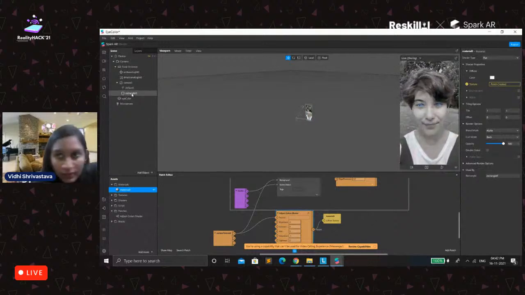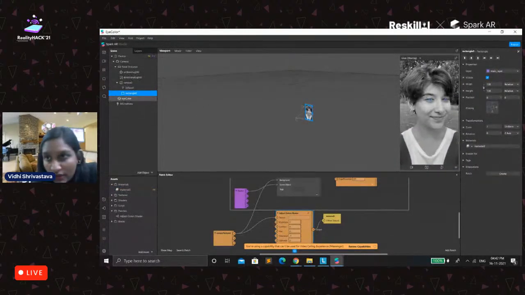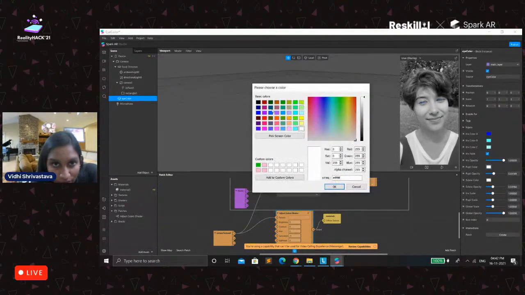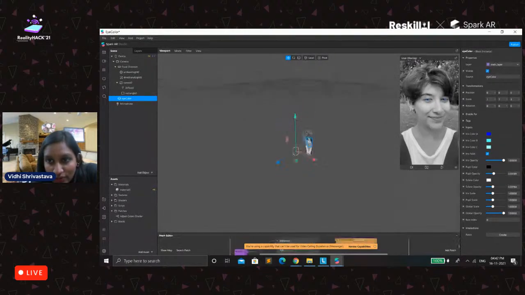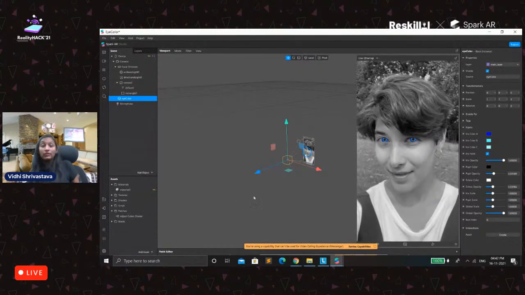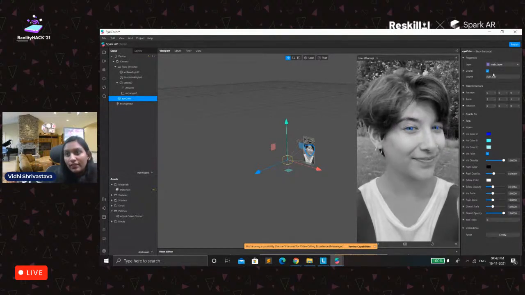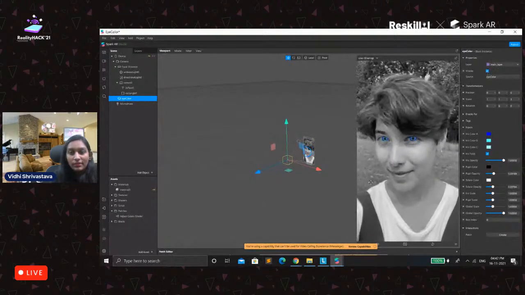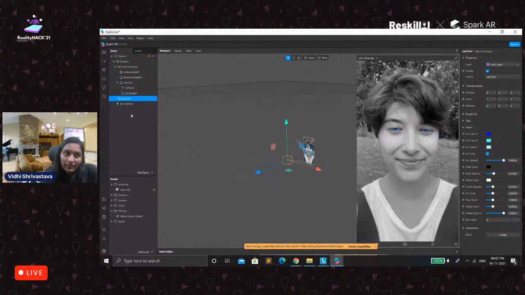For example, let me change this eye pupil color to black. This white is looking horrible. Yeah, so like this, you can even create lots of filters where you just want that eye color to be changed, and if you want the color to be dynamic, then also you can do it. Tap to change or something like that. So yeah, all these things are quite interesting.